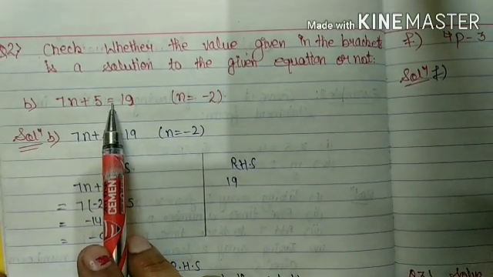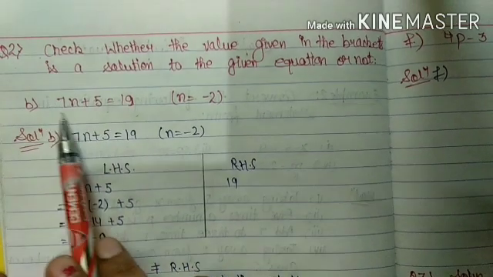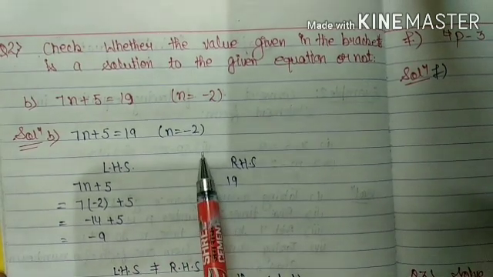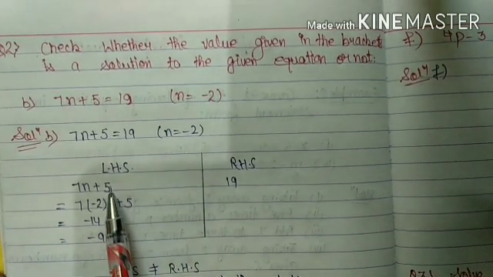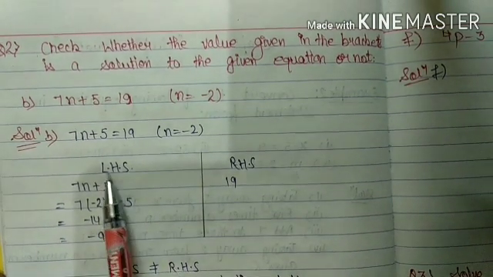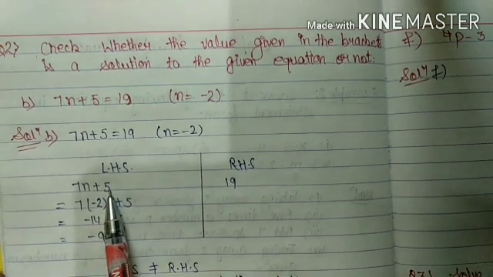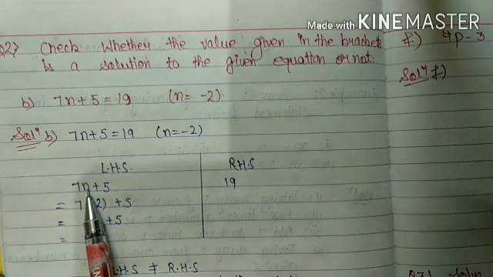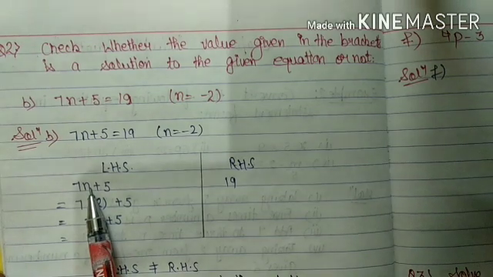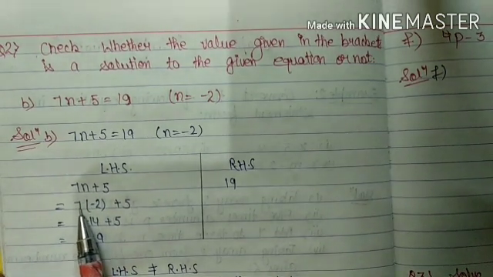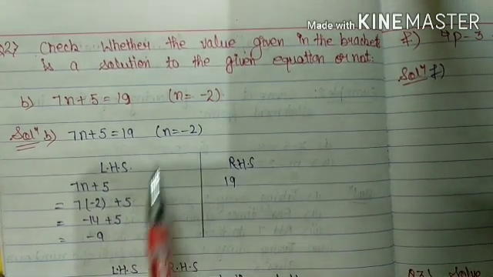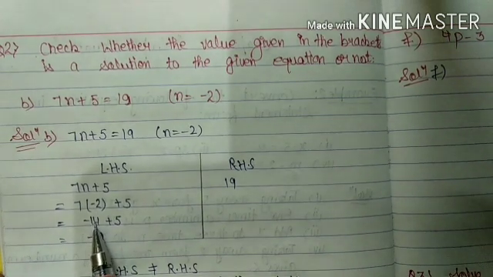Here you know student, on the left side of this equality is the left hand side. So always remember, it is compulsory to put a line in between left hand side and right hand side, and after writing the left hand side, meaning 7n plus 5, then you will put that given value. Here 7 and n are multiplied, so the value of n will be multiplied with 7. I have put a bracket here. Value is -2. 7 2s are 14.